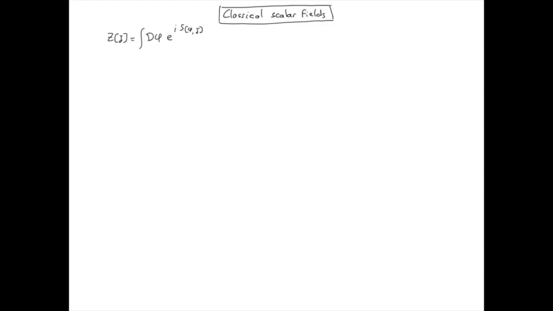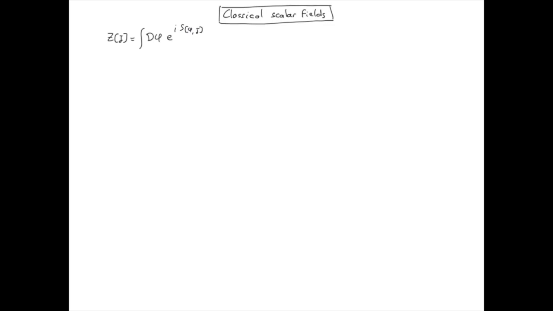The amplitude of probability we have defined in quantum field theory is usually impossible to solve exactly because of the very complicated structure of the path integral. We will be able to solve it exactly only for simple cases like free field theory or using some approximations. The first one we are going to consider is the classical approximation. So we will take the classical limit for this amplitude.